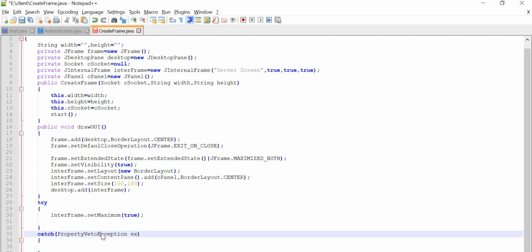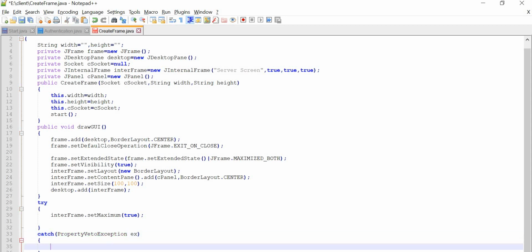Why we are using this PropertyVetoException is like, suppose if you are subjected towards any change in your internal frame, then this value is going to be unacceptable by your server side. So that time this exception will arise. So we are going to handle this exception, and what we are going to print, like ex.printStackTrace, because so many times I told you why we are using this. PrintStackTrace. Okay,